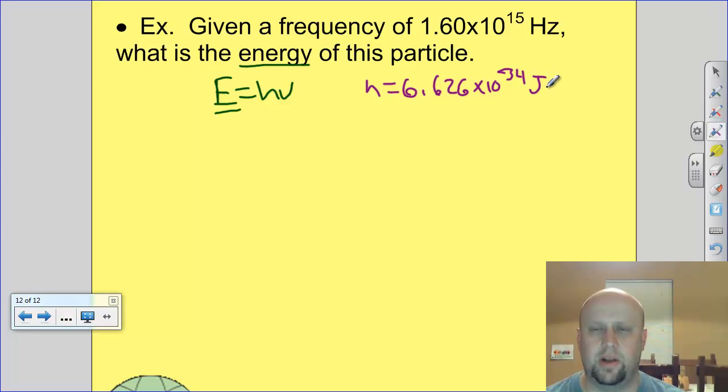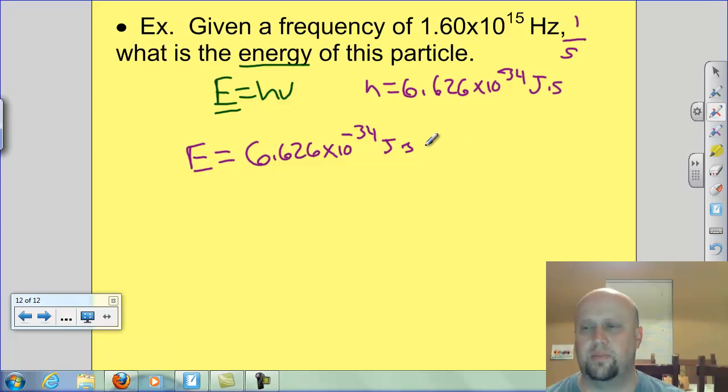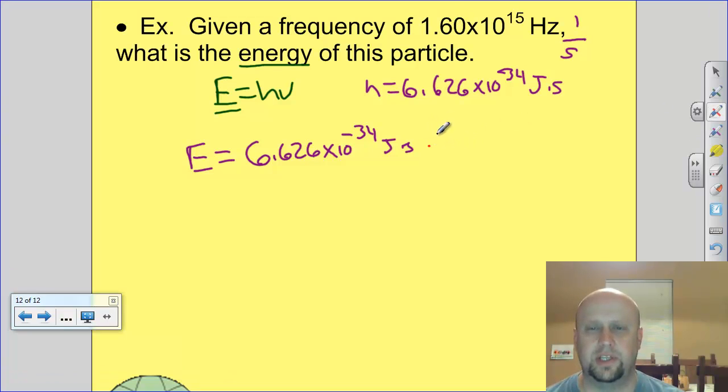You might not have noticed the units on it. The units are joules times seconds, and the reason for that is that, remember, hertz is 1 over seconds. So when we multiply this together, the seconds cancel and we're left with joules. And that's exactly what we want to happen. So this one's even more straightforward than the last one because I'm just going to plug it in and punch stuff into my calculator. So 6.626 times 10 to the negative 34th joules times seconds, multiplied by our frequency given in the problem, 1.60 times 10